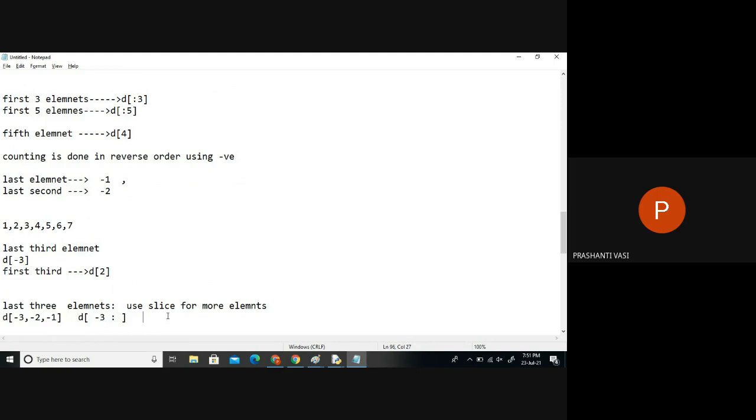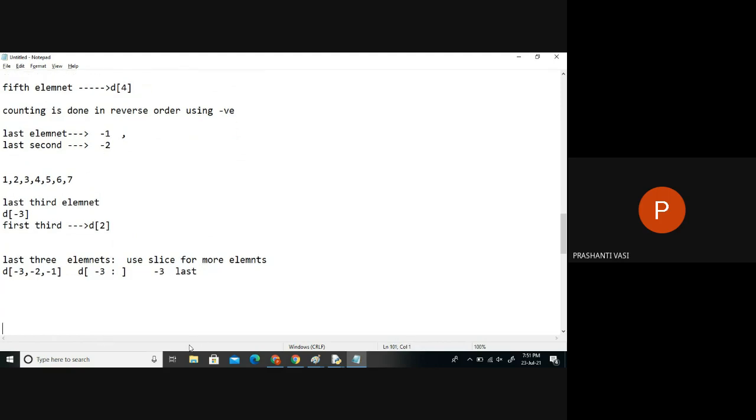Last three means negative indexes. So when I see d of a negative number like this, and a colon, and I leave it blank, that means it's nothing but the last five elements. And if I just see a positive number on the right side, what does it mean?